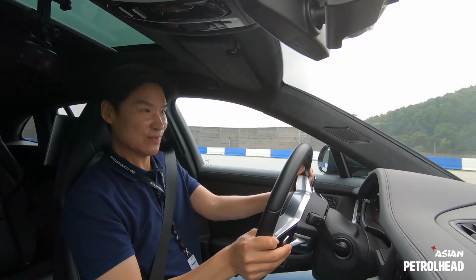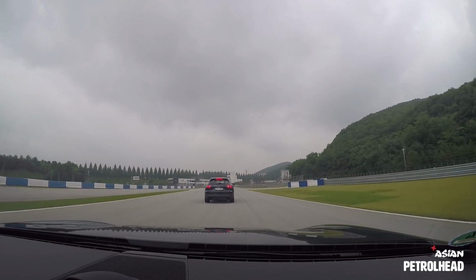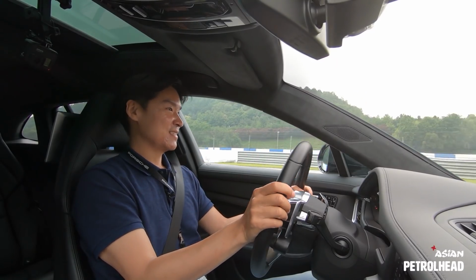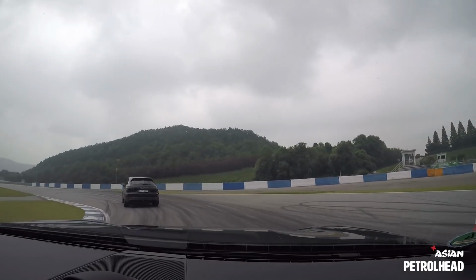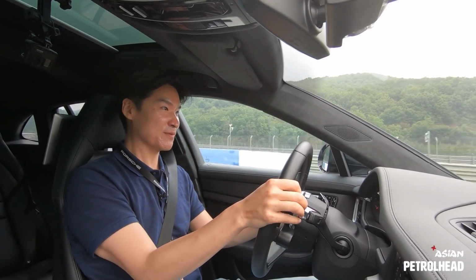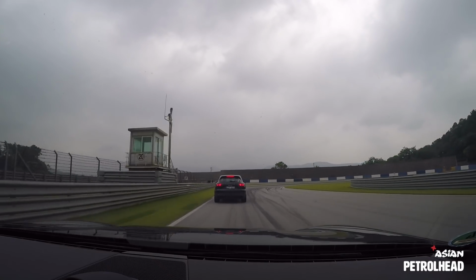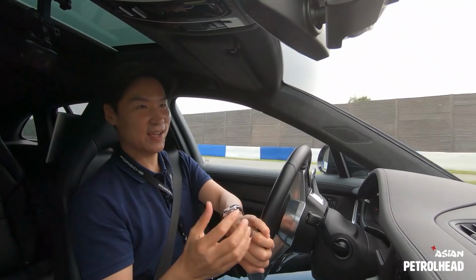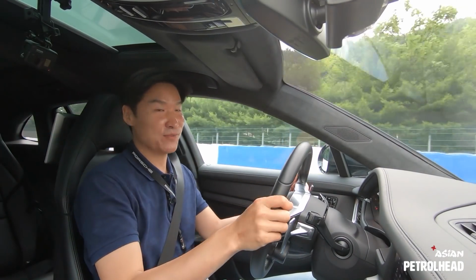But very lovely. Full throttle. Wish we had more straightaway, but it's too short. So a little bit of a hard left. Wow, the tail kind of steps out, but the PSM kind of catches it for you. Hard braking, brakes are great, and I don't know, it's a V8, it's a wagon, but it seems like it's handling as good as just regular Panameras, and I don't know, all the extra space is for free, I guess,